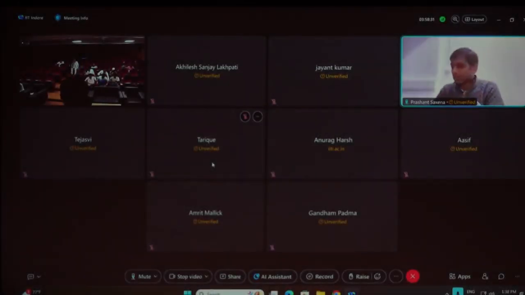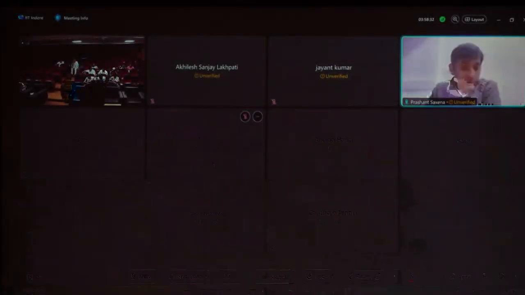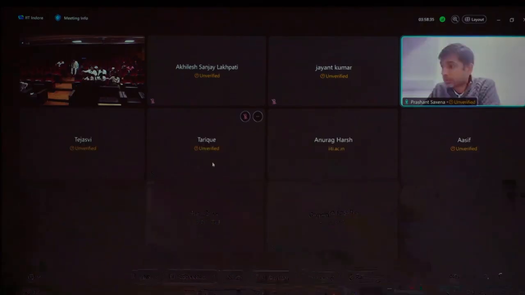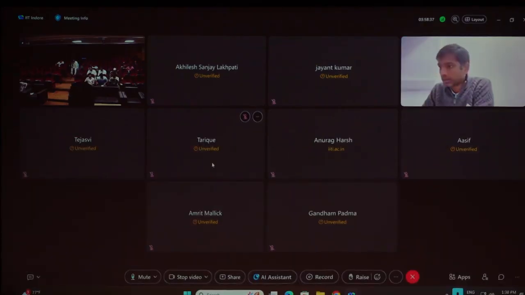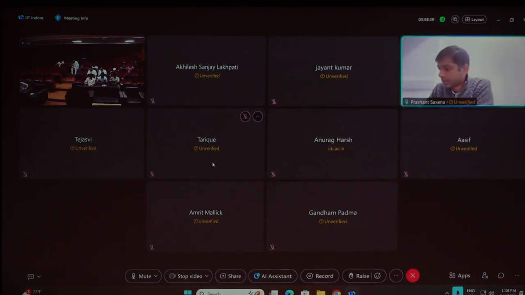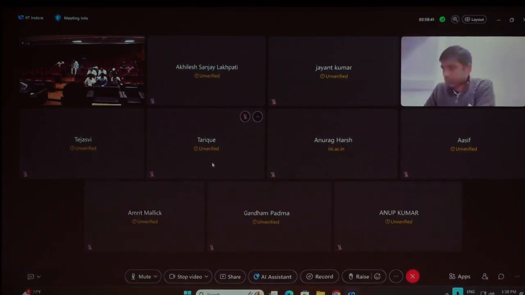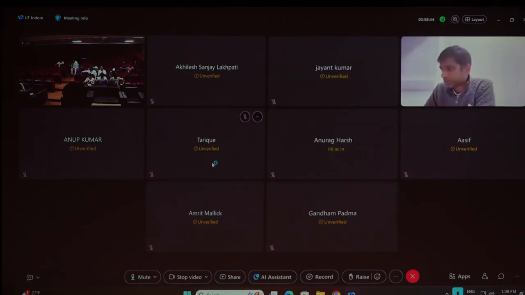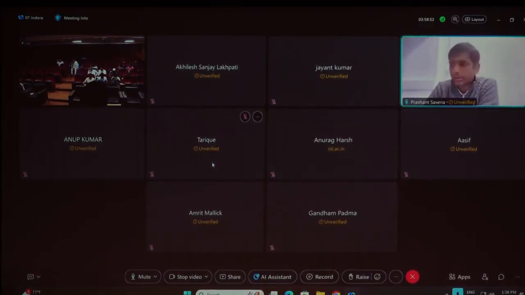Okay. So I was waiting. Let me get my other computer as well. While that is connecting, maybe